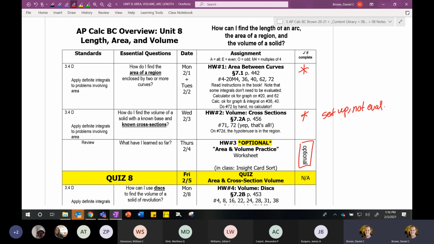So I'll go ahead and get started on that. Again, Homework 2 is just 71 and 72, and it shouldn't say just, since there's parts A, B, C, and D for both of them. But again, I just want you to set it up, and that's it. So that concludes the live portion of class. Definitely hang back if you have questions. Tomorrow is going